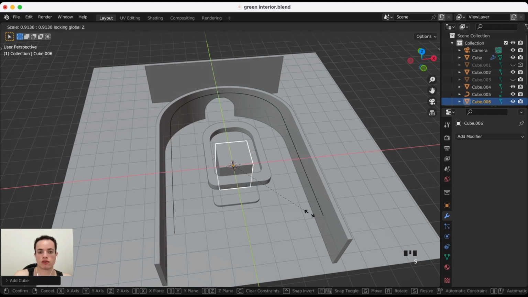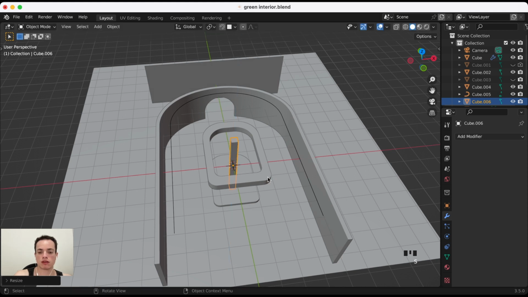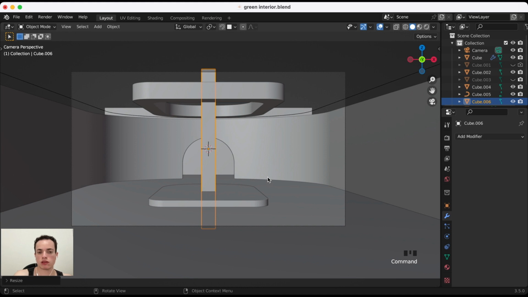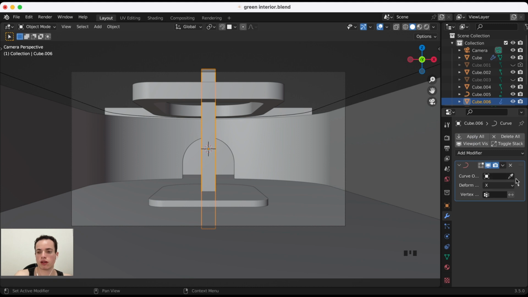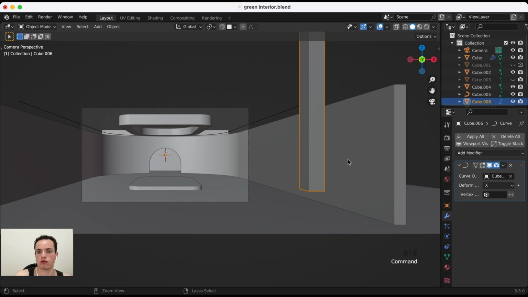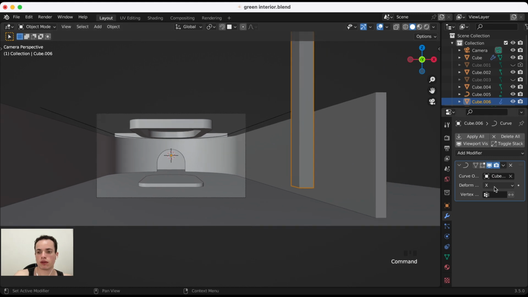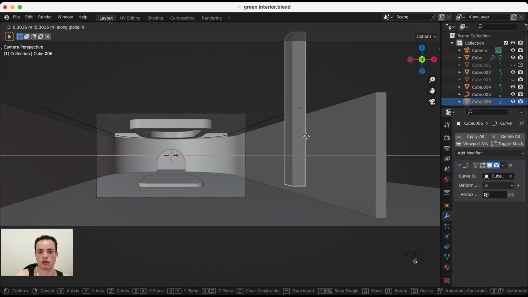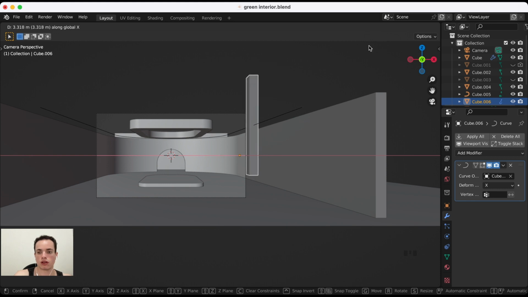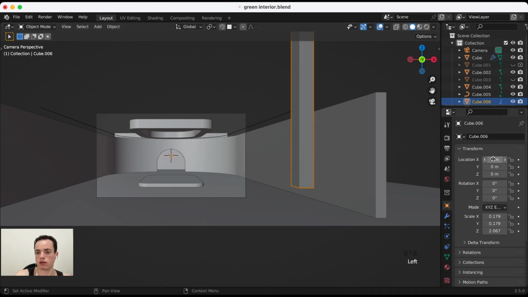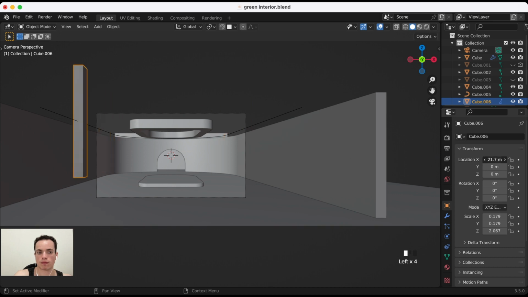S, shift Z, make the little columns, S Z, like this, and don't move it, and then we're going to put the curve modifier, and then select our curve, and now this is going to follow, so it is deformed on X. So if we move this, G X, it is moving on the curve like this. If we move it here like this,